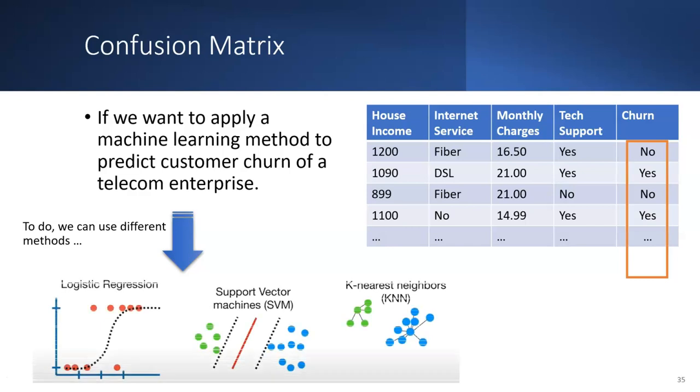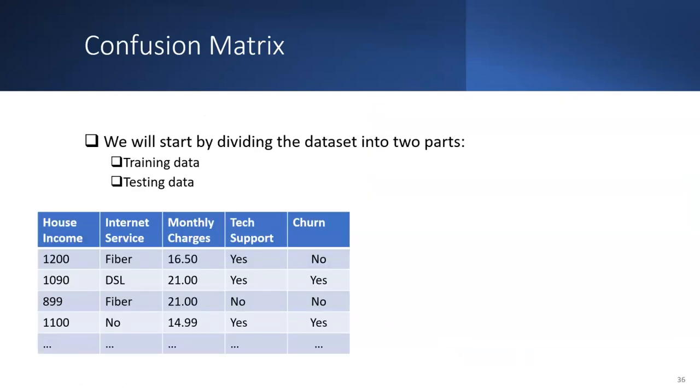We can use different methods. By the logistic method, this would be the result. Support vector machine will differentiate between yes and no, and KNN will have different clusters. So these are three different things. Which one is the best? You have to decide about that. So we start by dividing the